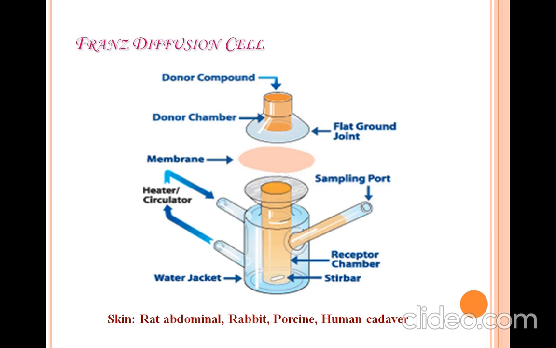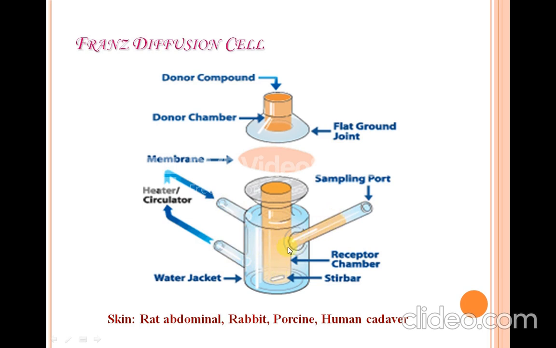This yellow color indicates the solvent. The holding capacity of this diffusion cell is 20 ml. This diffusion liquid may be a buffer or water as per the requirement. This is a jacketed diffusion cell. Here is the entry point for heated water, and this is the exit for heated water. The yellow color also indicates the diffusion liquid, and this is a sampling port through which we can collect the samples.